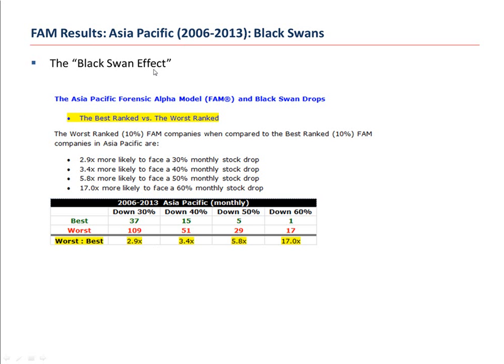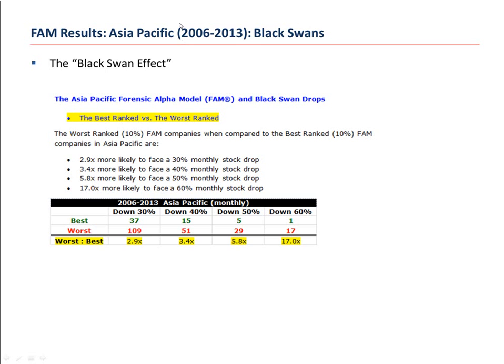It's called the black swan effect. For purposes of this demonstration, we're considering a black swan stock drop, anything that is a 30% drop or greater in 1 month time period. When we compare the best rated 10% of FAM companies in Asia Pacific versus the worst rated 10% of FAM